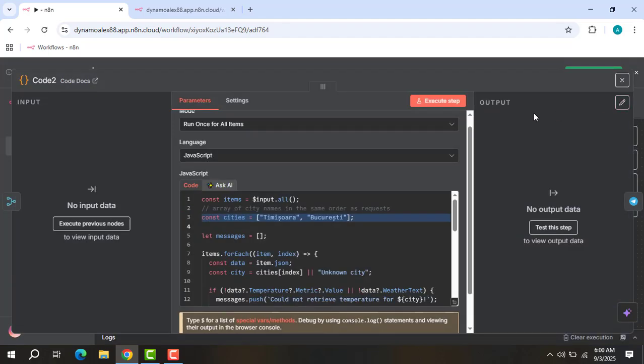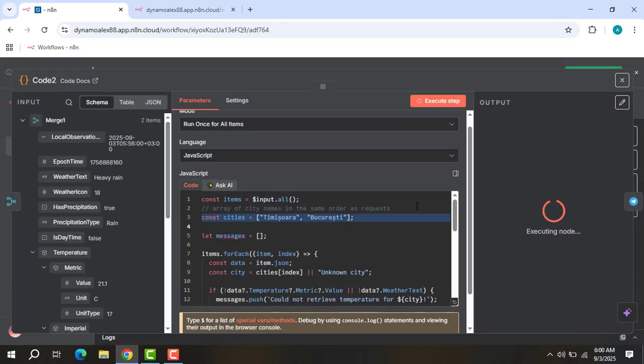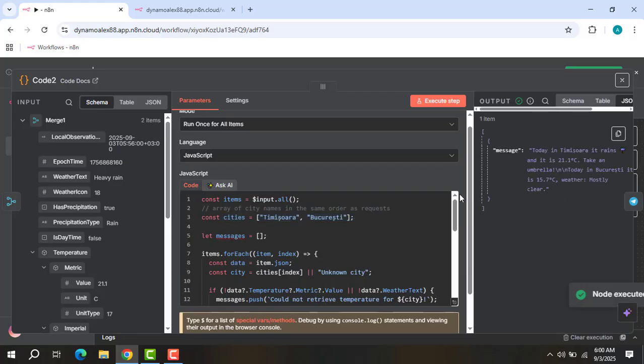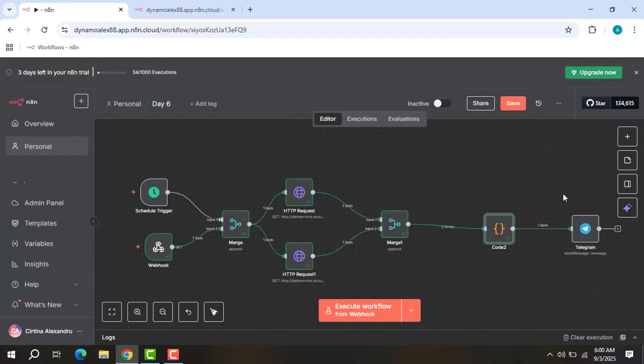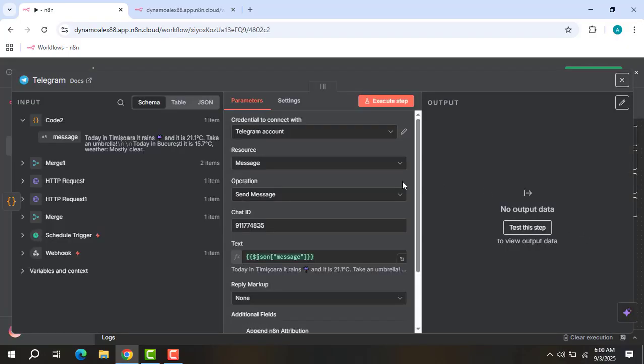Okay, let's execute this also, and let's see. We have today in Timișoara it rains, and the degrees, and take an umbrella, and the message today in Bucharest it is, and the weather is mostly clear. Okay, you see the output here, but in Telegram, when you send to the Telegram node,